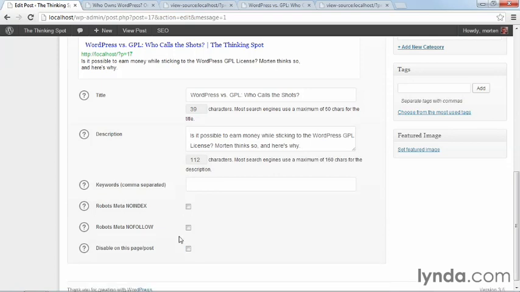Now, seeing this, you probably want to know, why would you want to unindex this post? Or why would you want to block the links from being followed or even disable SEO for a post? Well, in some cases, you may have certain regions of your site that are only for members, or you may have secret regions of your site, or there may be other reasons why you don't want Google to index it. And this is the way to simply turn it off so that Google will not be aware that this site is there. It is not 100% secure, but it's good enough that you won't have a situation where a secret page or a hidden page on your site all of a sudden shows up at the top of a Google